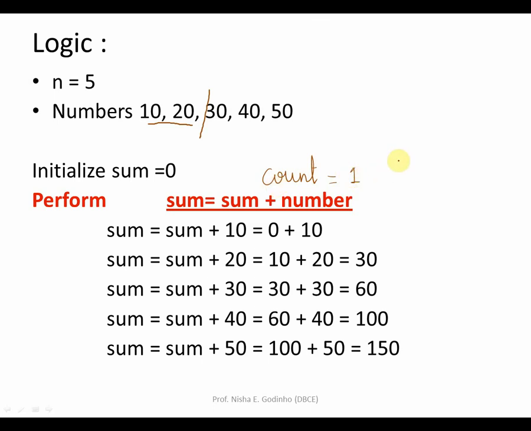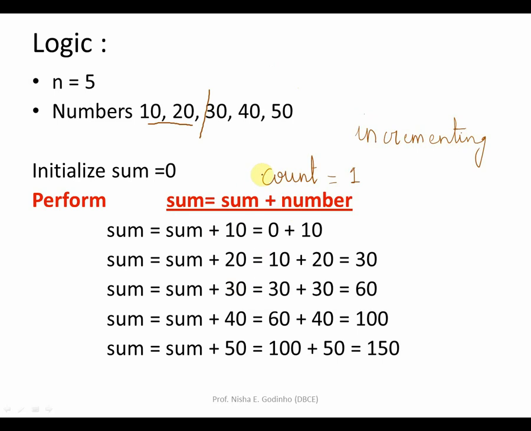A counter keeps on ticking, keeps on incrementing one by one. So in this case the counter will increment one by one, which means 1 will become 2, 2 will become 3, 3 will become 4, 4 will become 5 and 5 will become 6. At every step the counter will keep on incrementing. We use the term incrementing in programming. You will hear this word every now and then, incrementing. So this counter keeps on incrementing at every step.